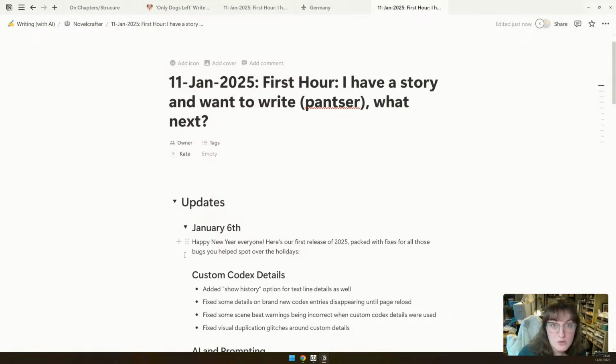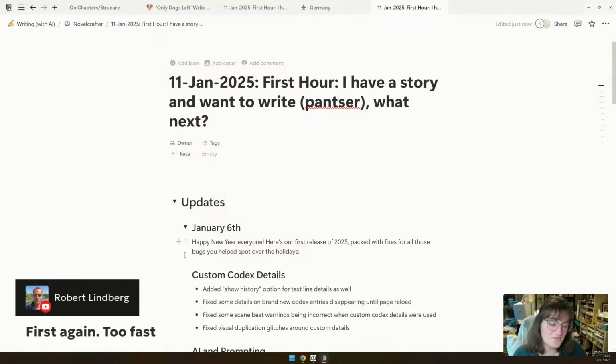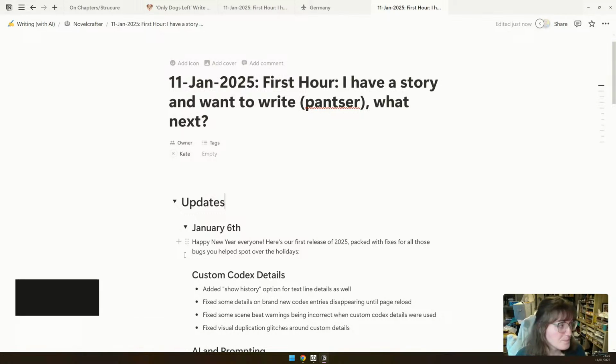Last week we looked at what you do if you've got an idea for a story, but you don't really know anything else. We're also going to look at if you've got something to import, if you've finished your story, all these different stages. But we're starting at super basics and then working our way up.